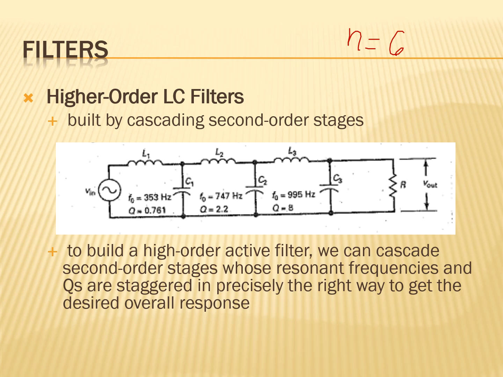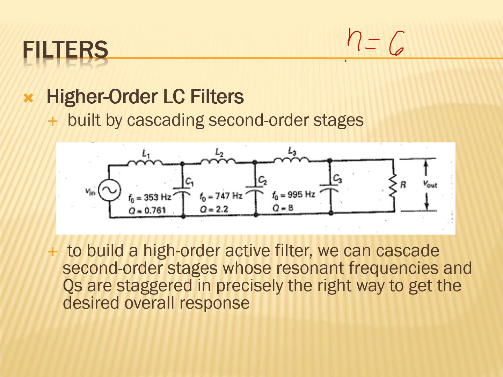So this is a Chebyshev filter with an edge frequency of 1 kilohertz and a ripple depth of 1 decibel. The filter consists of 3 second order stages, which means that the overall filter has an order of 6. So take note, for passive filters, we just have to count the number of inductors and capacitors in your circuit. So that will give us 6.